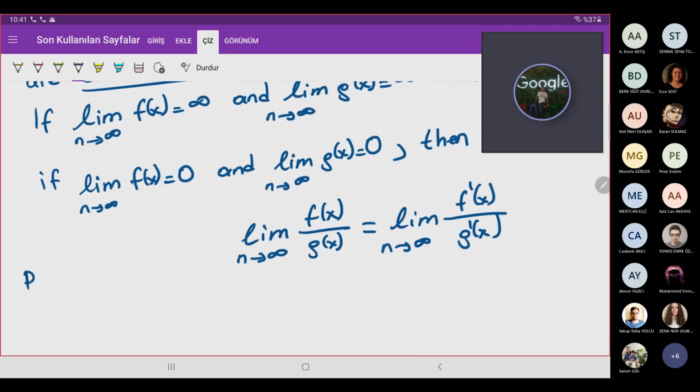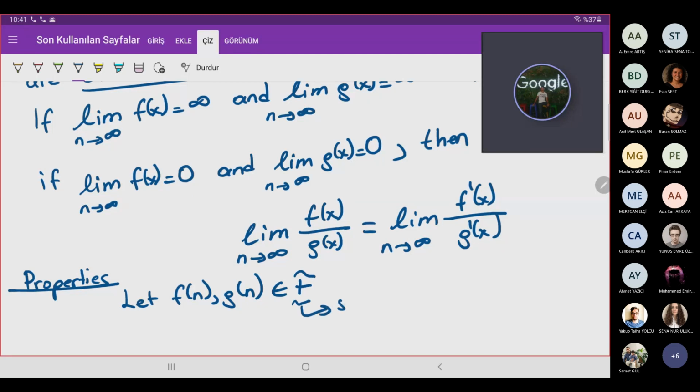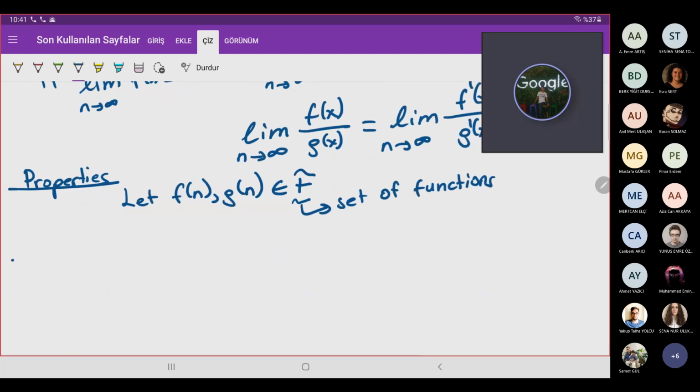So, properties of these complexity classes: let f(n) and g(n) be elements of this calligraphic F, which is the set of functions, okay? So if, sorry, not if, f(n) is in big O of g(n) if and only if,